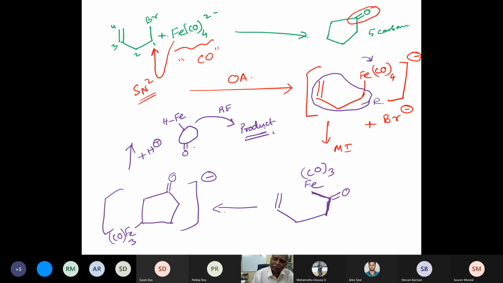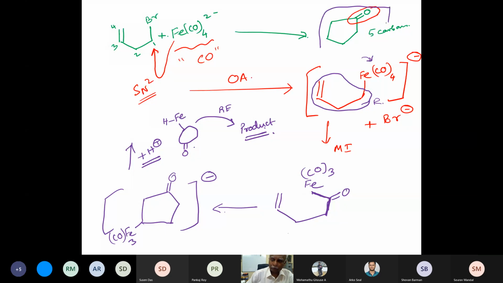This is not a catalytic reaction because at the end of the step, you have to quench it with water. You could have written it in such a way that you end up with a 4-membered ring. Let me see if I can write it in a slightly different fashion. It's possible that the migration happened after. No, it doesn't look like it. This is probably the way in which it happens.